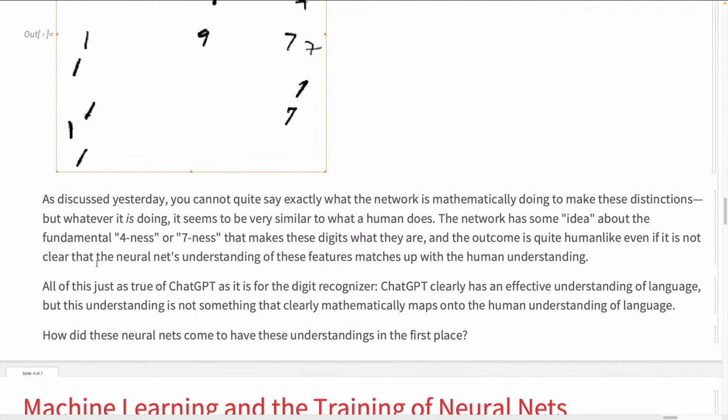And the second thing to note here is that this is true of ChatGPT as well. We know that ChatGPT has an effective "understanding" of language. It can absolutely put together human-like text, but this understanding is not necessarily something that clearly maps onto the human understanding of language. So it's not clear that inside